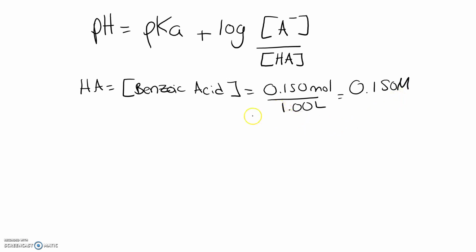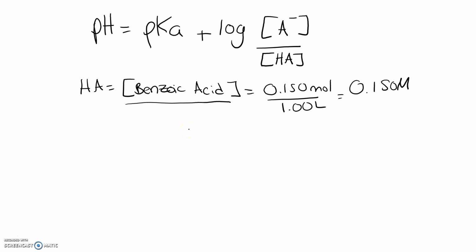The reason I can treat the benzoic acid concentration as equal to the HA, even though in reality it's going to dissociate a little bit into A- and H+, is that the concentration of A- is really going to be dominated by